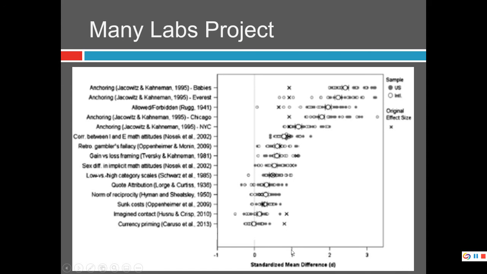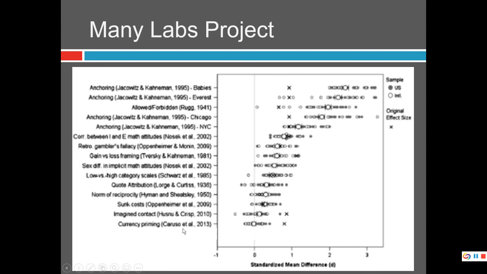So 1 usually means 1 standard deviation in difference, and anything bigger than that is a pretty large effect. So we're showing these big effects for some of these classic studies, and as we get down to some of the ones that are a little less well known or maybe a little newer, we're seeing smaller effects, or we're seeing these average effect sizes in the middle here that are at 0.